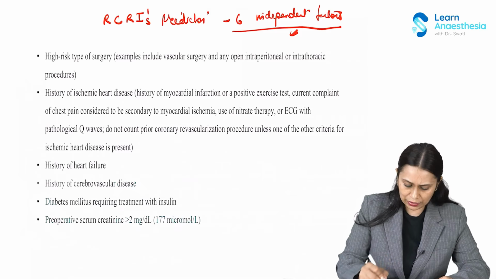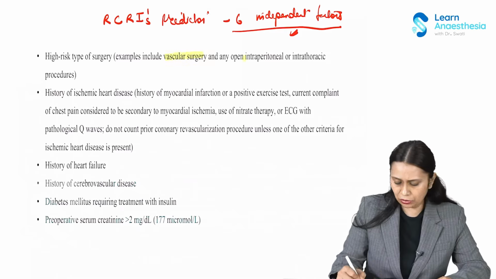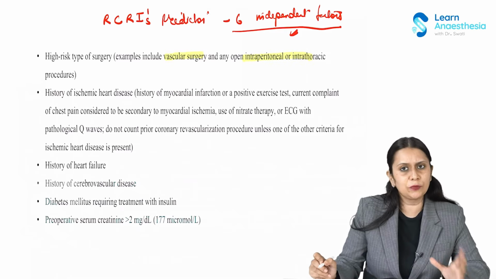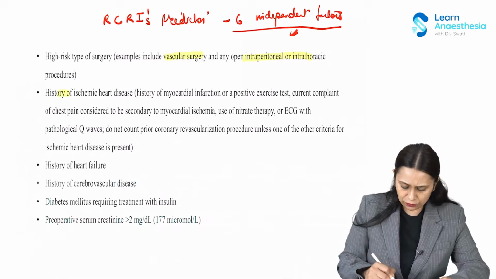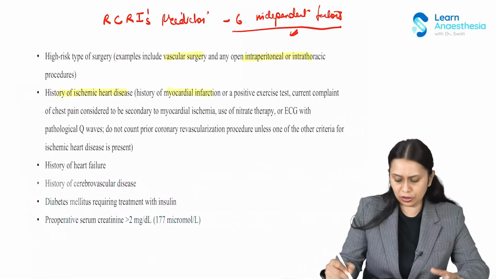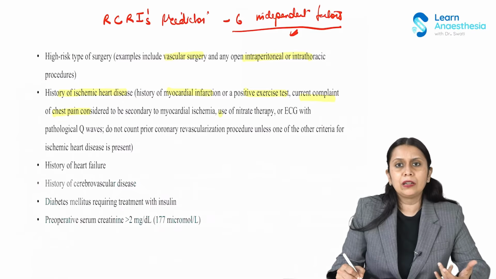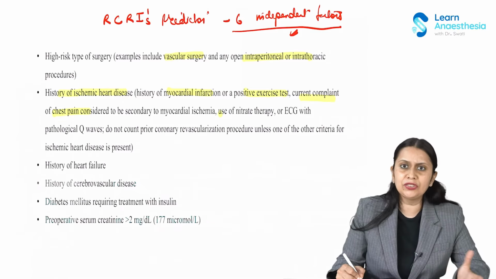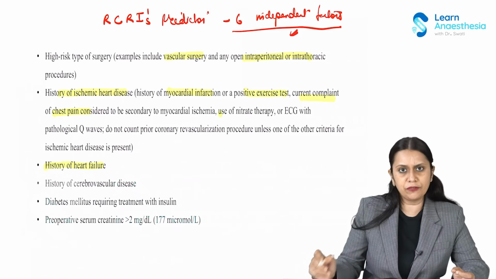The first one is the high risk type of surgery, like vascular surgery or open intraperitoneal or intrathoracic surgery, in which there would be a huge fluid shift. Then history of ischemic heart disease, patient having history of myocardial infarction or positive exercise test or current complaint of chest pain, right? Patient on, let's say, nitrate therapy, etc., because of a history of myocardial ischemia, infarction. Now patient having history of heart failure,